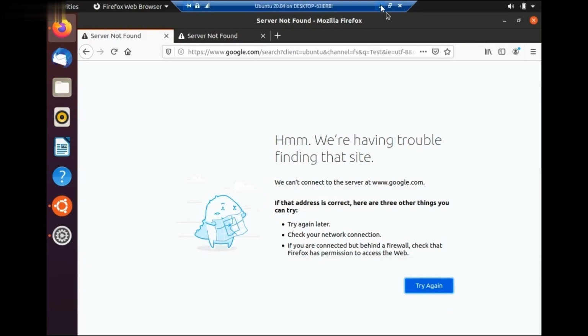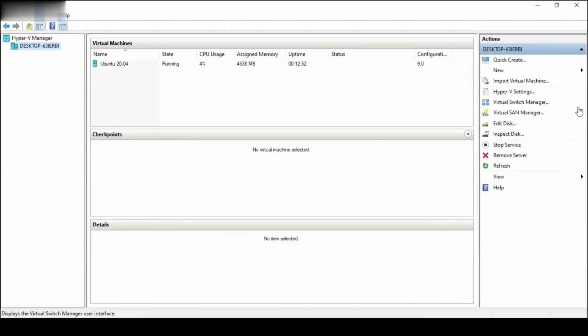We do not have internet connectivity right now. So what I will do is check the network virtual switches.